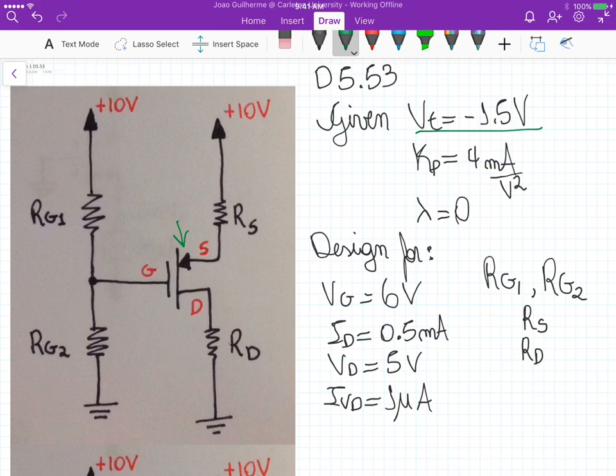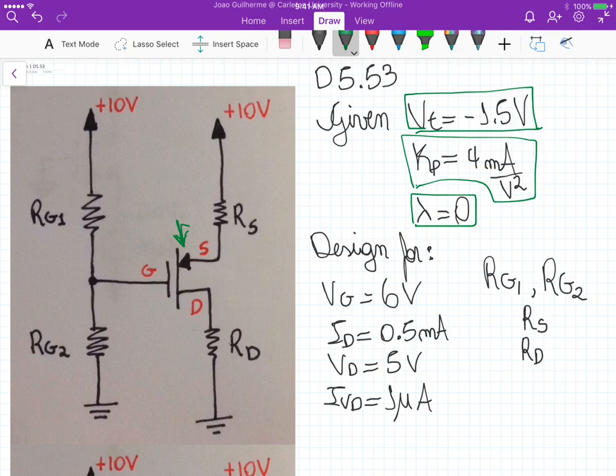This is the first problem for PA9, so D5.53. In this particular problem, we have this circuit here on the left. We have a PMOS transistor because of the arrow. The symbol gives us the information that we have a PMOS transistor. And given that the threshold voltage is minus 1.5 volts and the device transconductance is 4 milliamperes per square volts, and we are ignoring the channel modulation effect, so lambda equals 0, we need to design